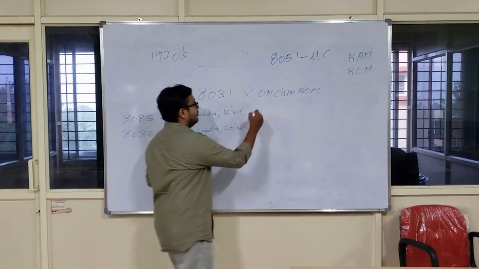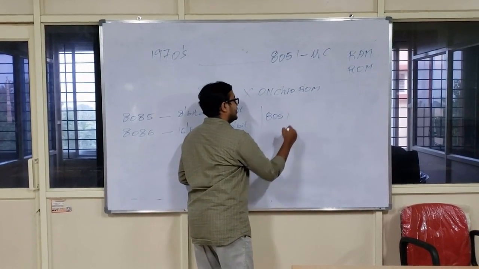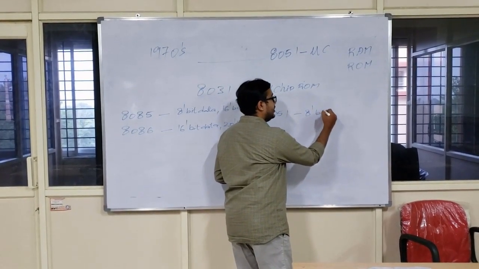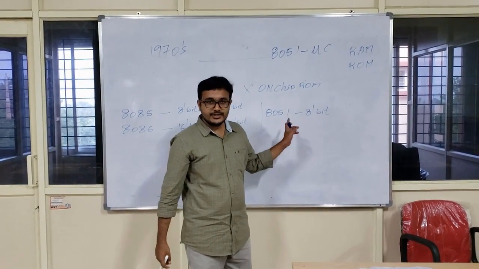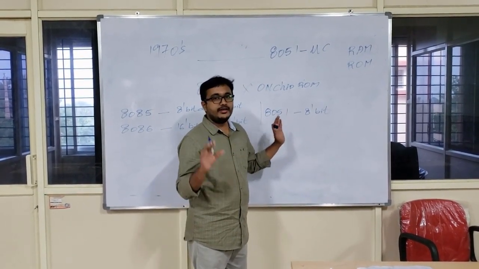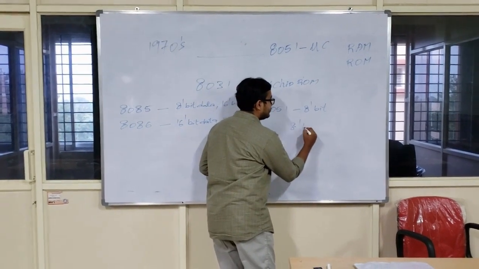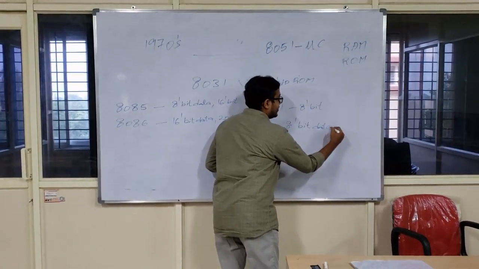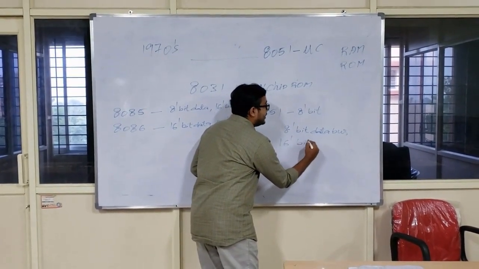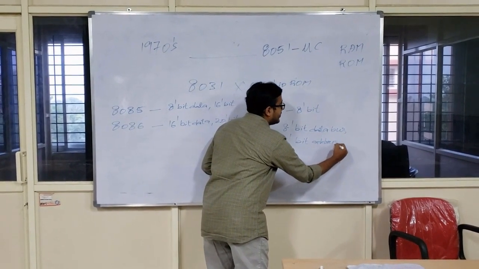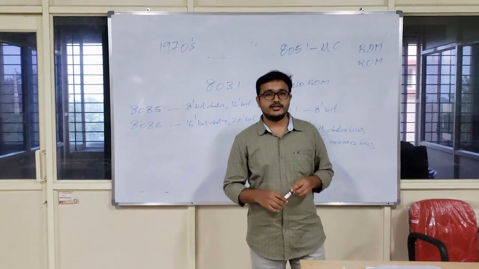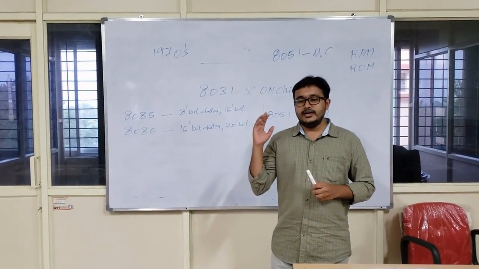But here we have the 8051 microcontroller. This 8051 is an 8-bit microcontroller. We say the 8051 is an 8-bit microcontroller because it has an 8-bit data bus capacity. That means the data bus is of 8-bit size, along with a 16-bit address bus. And regarding the differences between microprocessors and microcontrollers, I can say that a microcontroller